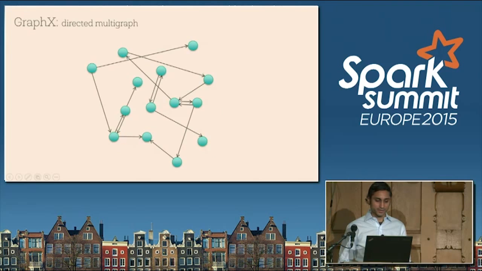GraphX itself is a directed multi-graph. So you can do directed edges. Each one of these edges has a forward-pointing arrow. There's no bidirectional edges here. But you can get the idea of a bidirectional by just doing back and forth. So two edges exist. You can actually build even 50 or 100 edges if you want between these two nodes